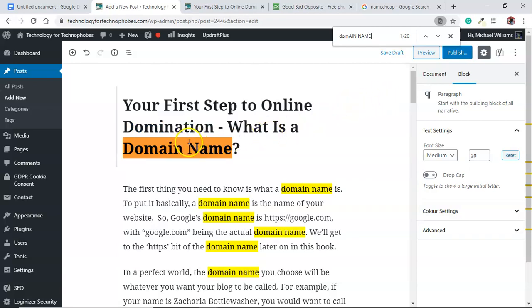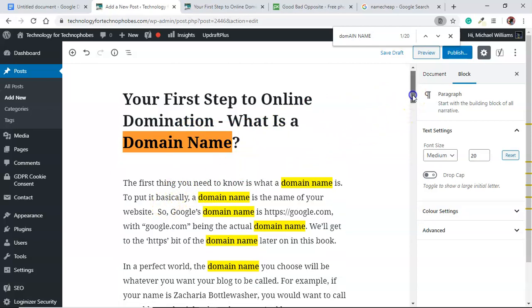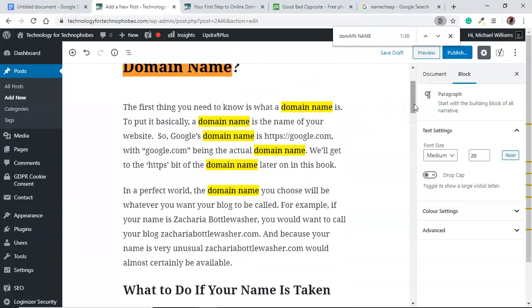Now you want the domain name there. Oh dear. Or look at the first paragraph. Now of course, in the ebook it doesn't matter so much, but in a blog post it matters more because of Google. So let's see. The first thing you need to know is what a domain name is. To put it basically,